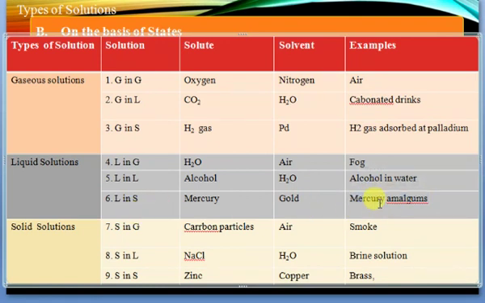What are amalgams? Amalgams are those compounds in which mercury is present as a solute. Usually amalgams are made by dissolving another metal such as copper, sodium, tin, or gold in mercury. Most amalgams are solid at room temperature. A special amalgam for tooth filling is made by dissolving mercury and tin.